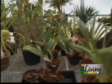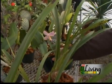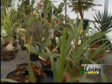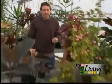The other thing to know about watering is that there's a lot of devices out there, but really the best thing to do is just use your finger. Stick it into the soil, see how wet it is or not wet, and then water accordingly. All right, now that you know a little bit about the light and the watering, you're ready to go and